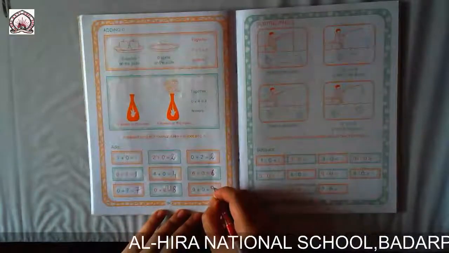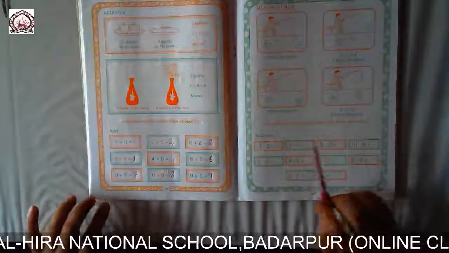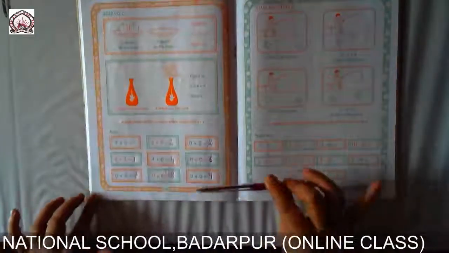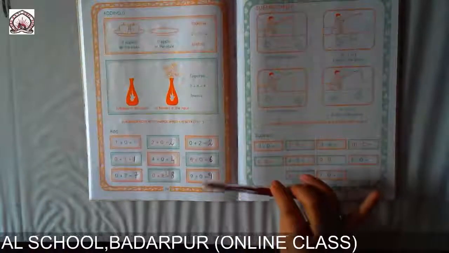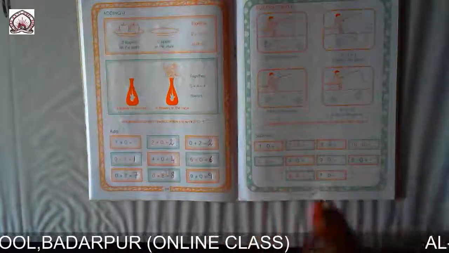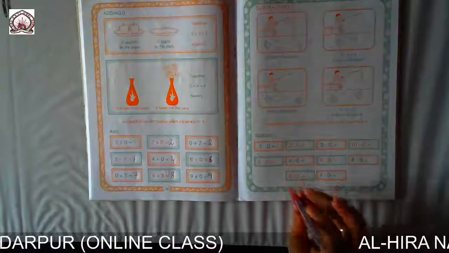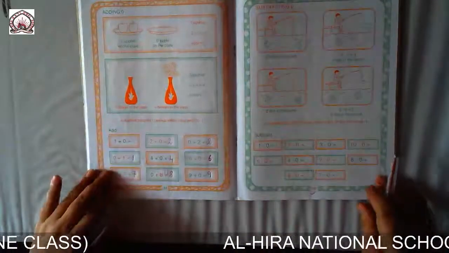9. Okay, so children, you can see I am using a red pen here for a very clear view so that you can see it clearly, but you don't use a pen. You use a pencil while writing these things. Okay, now page number